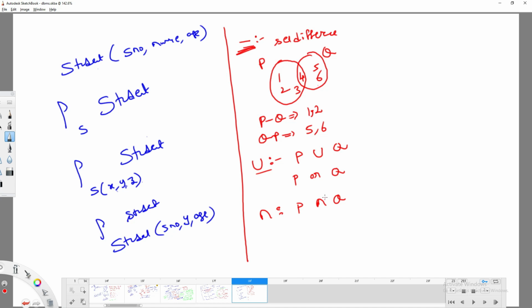Intersection operation. For example, let me take an example, try to think about this. I am trying to take two relations. One is P relation, which contains first name as well as last name, and Q relation, which also contains first name and last name.